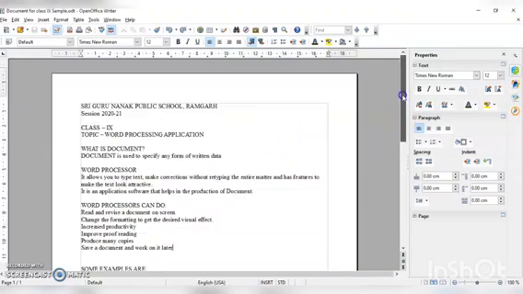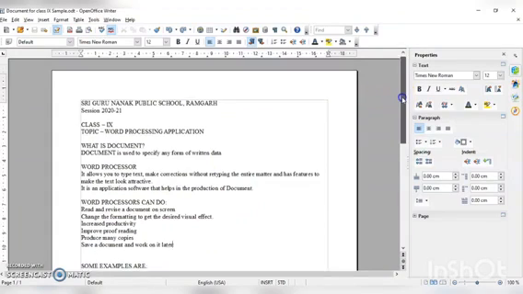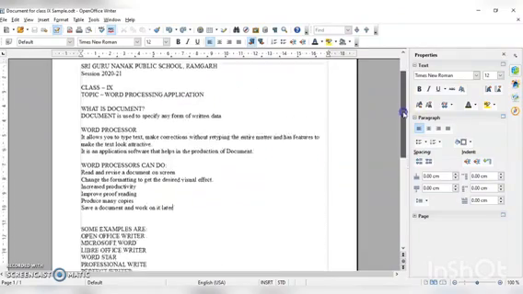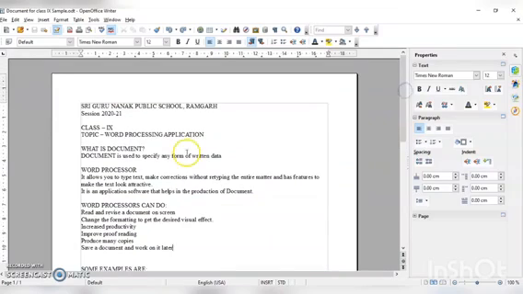Now, for editing the document, we have to prepare some data on it. As you can see on the screen, I have prepared some data and written the content part. Now we have to simply edit this. Basically, a word processing tool is used for text formatting because it makes our work or project more attractive.